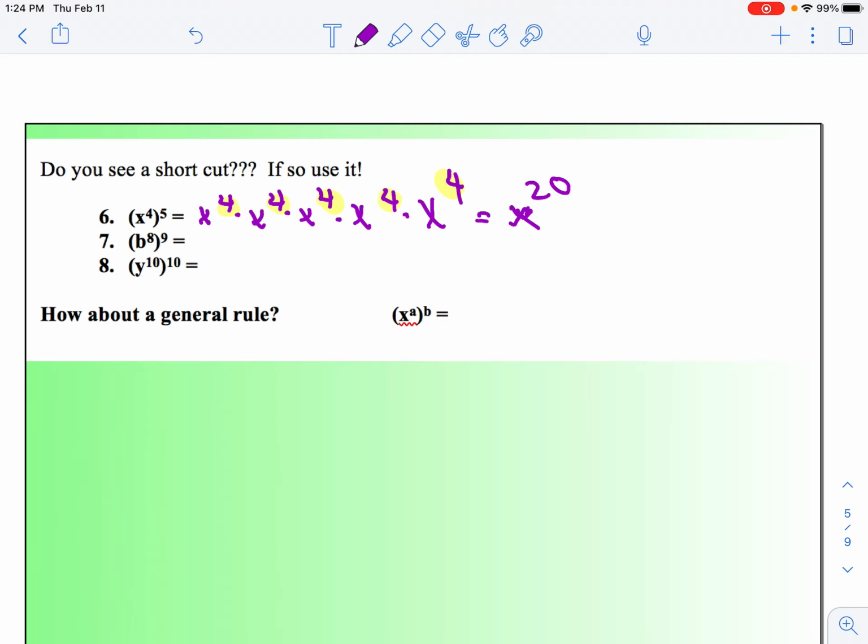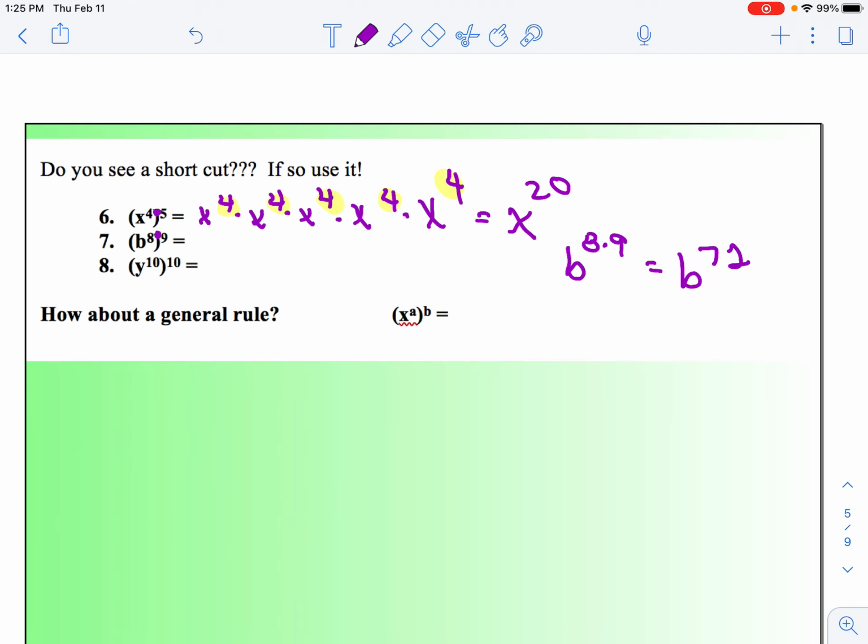So do you see a pattern here? I hope so. And if not, I'll try to demonstrate that what you're really doing is taking the 4 and multiplying it with the 5. So let's see if it works for this next one. B to the 8th power raised to the 9th would be b to the 8 times 9th power,